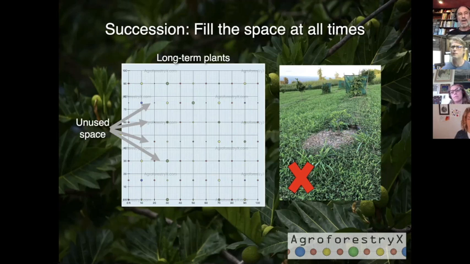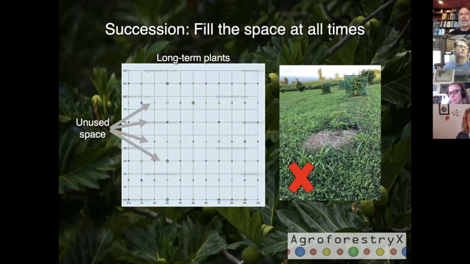So this is the long-term plants of a planting pattern. It's also pattern 1A. You can see within the rows there's a lot of unused space. That space needs to be maintained, which is the way lots of people do it, but it's very frustrating because you're maintaining the space in row and between rows with very little productivity, of food, but also of other things such as organic matter.